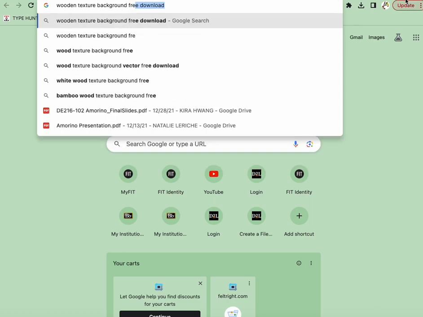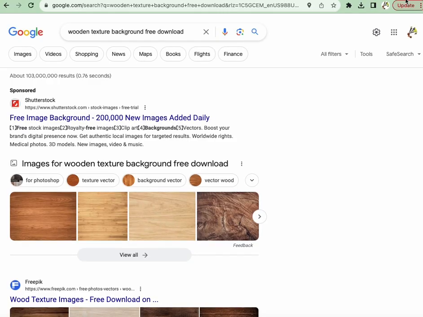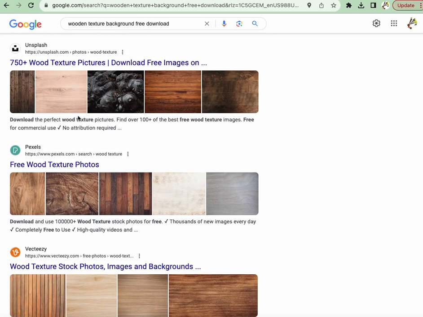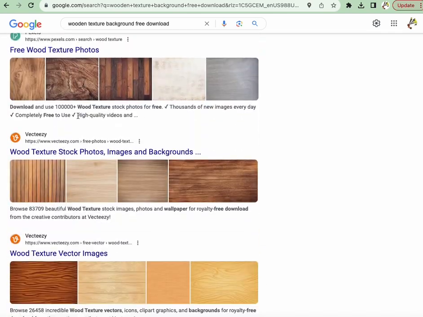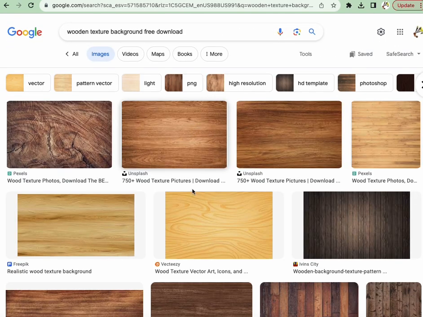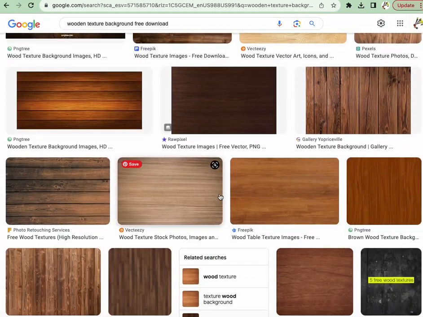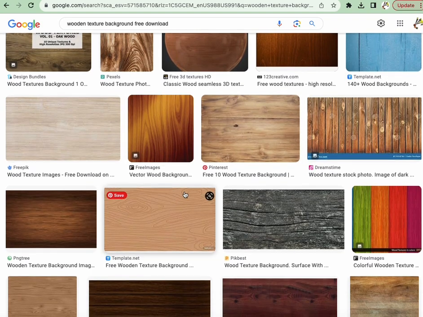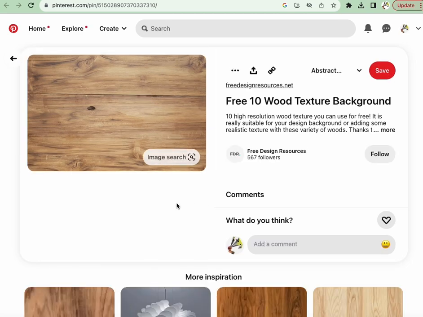Sometimes you can do a free download. Shutterstock normally gives you a few free trials, but I normally go with the free pick, or go to images and find the most appropriate texture I'm looking for, and click this.